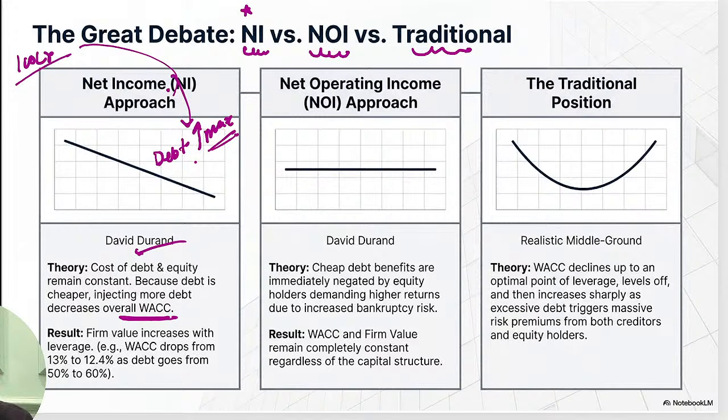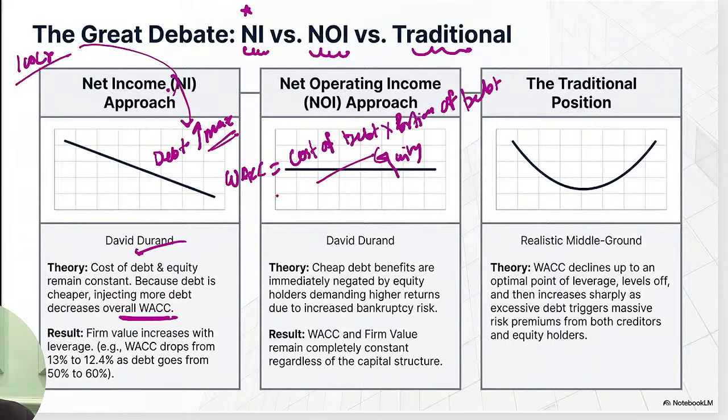So when it comes to the weighted average cost of capital, how do we calculate it? Weighted average cost of capital is equal to your cost of debt into the portion of debt, plus cost of equity into the proportion of equity. First we will be covering the remaining one, then we'll come to the other also. This is the simple formula to calculate the weighted average cost of capital. So now, let's say the cost of debt is suppose 7% and the cost of equity is 15%.